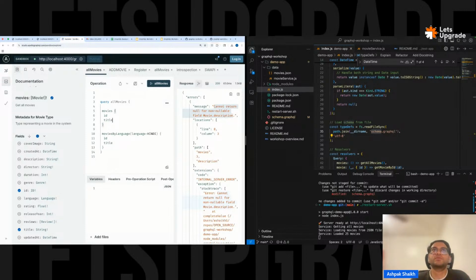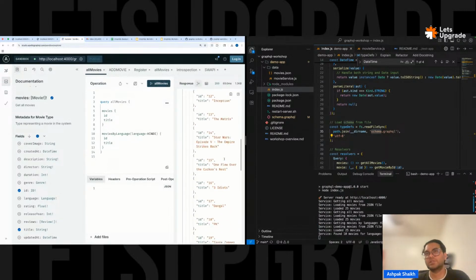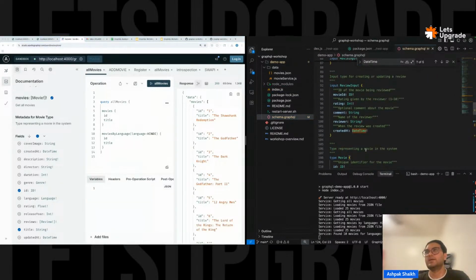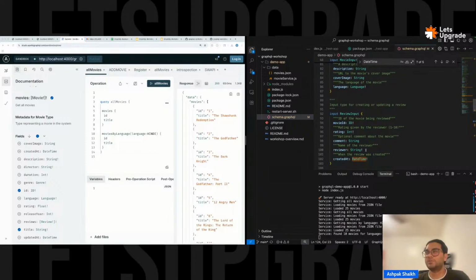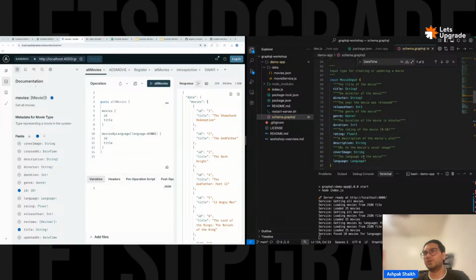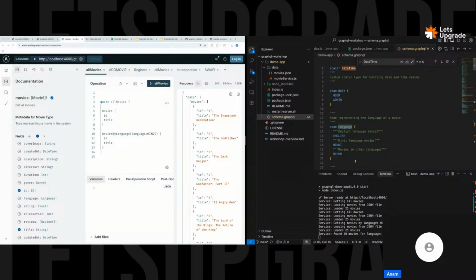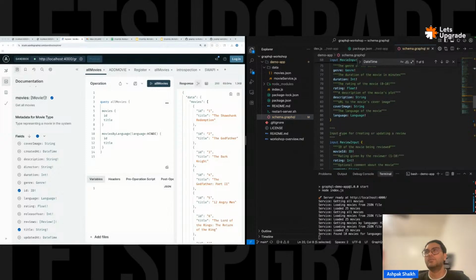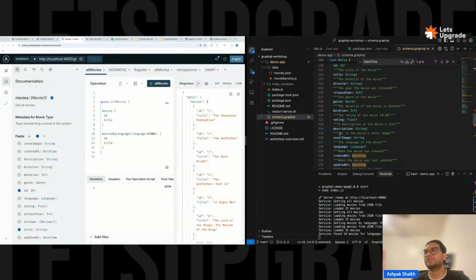And if I remove the description from here, I should be able to fetch all the information like it was. So a very important lesson here is to use that not null variable in the output very carefully. It defeats the purpose of partial responses in GraphQL. A lot of things are actually not null, something like an enum is never going to be null, right? Because if I see my enum Language, I have others also, so I'm not expecting that enum to be null. But something like description, which is very common to be null, you should keep it as